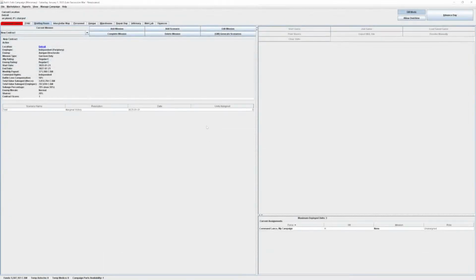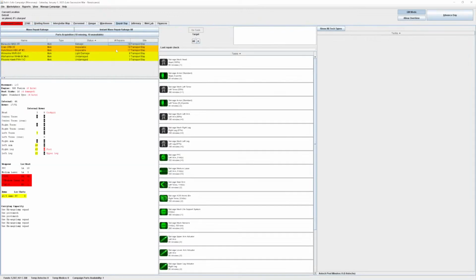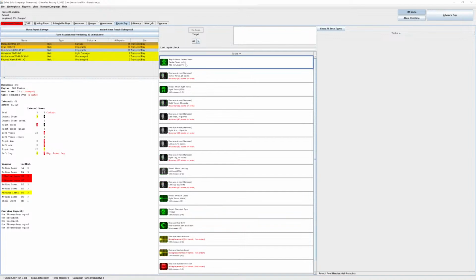And I was disconnected. Now we're back in our thing, and then we can go into the repair bay, and we can go and try and repair parts. And we need to hire some astechs to assist in the repairing. But that's kind of the basics of how you set up a campaign, play a game, and I hope you